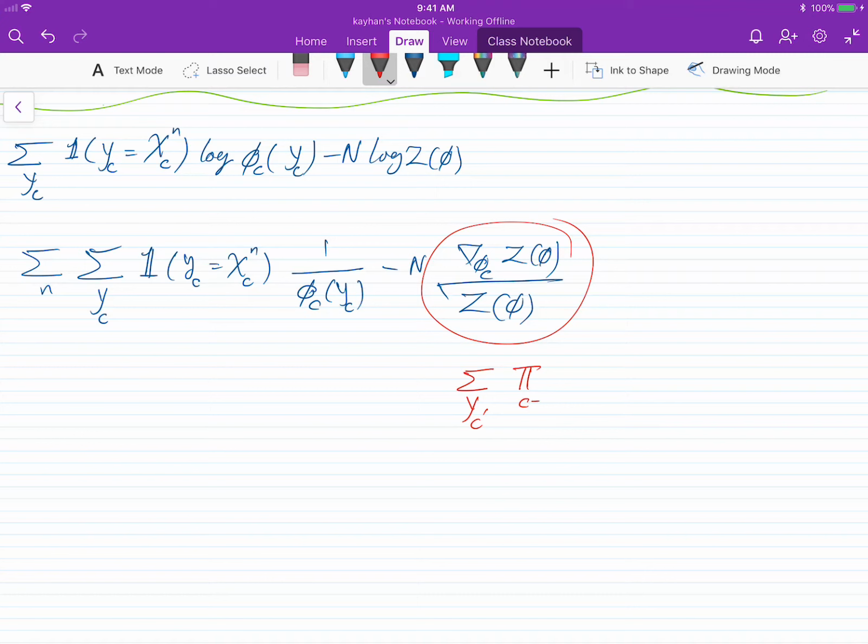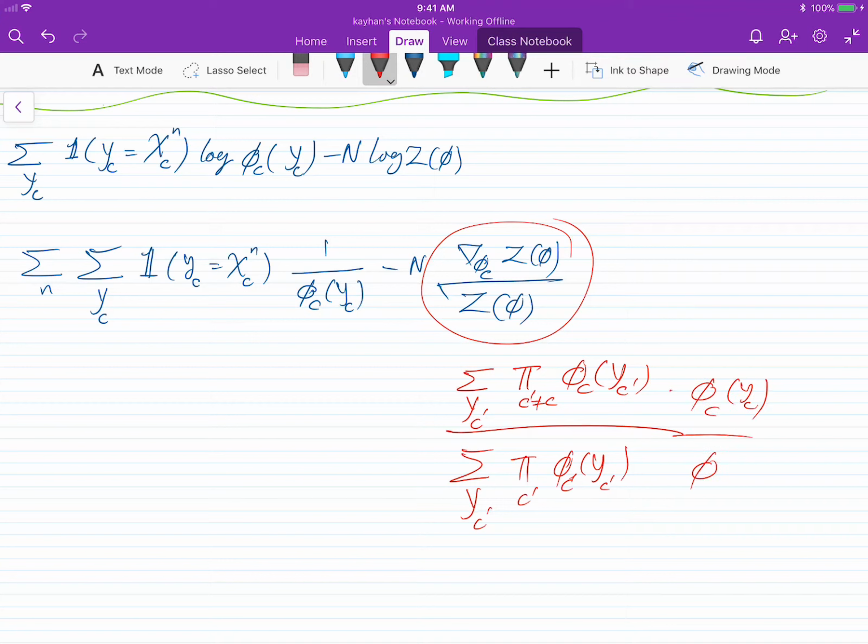Summation over c not c, because we are taking gradient with respect to c, and phi c's yc prime, and sum over all of the yc prime. Okay, so I want to complete this term, so I'm going to multiply it by phi c divided by